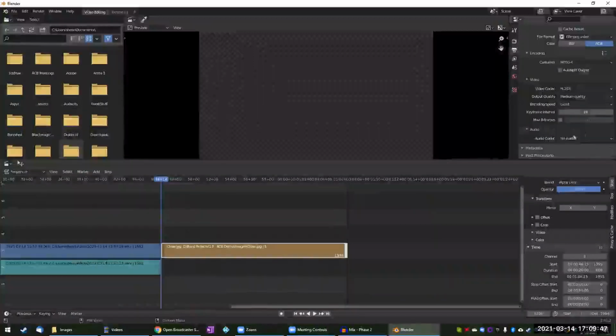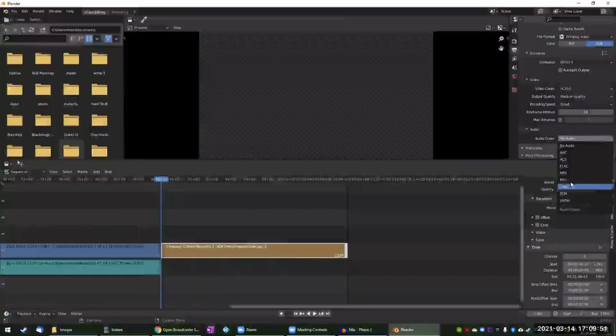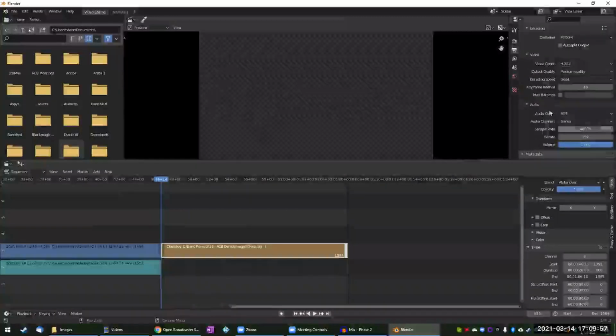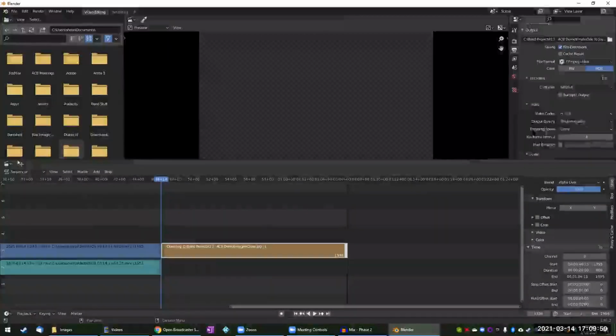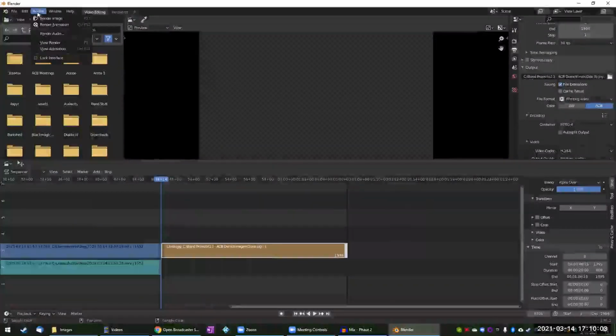And this time I do want sound. And then there are different options to use. I, again, stick with MP3. It's familiar. It works well. And then I don't need to change anything here because it's already at a good quality. Once all of that is set, I'm ready to render this whole thing out. So I'm going to go up here to render,